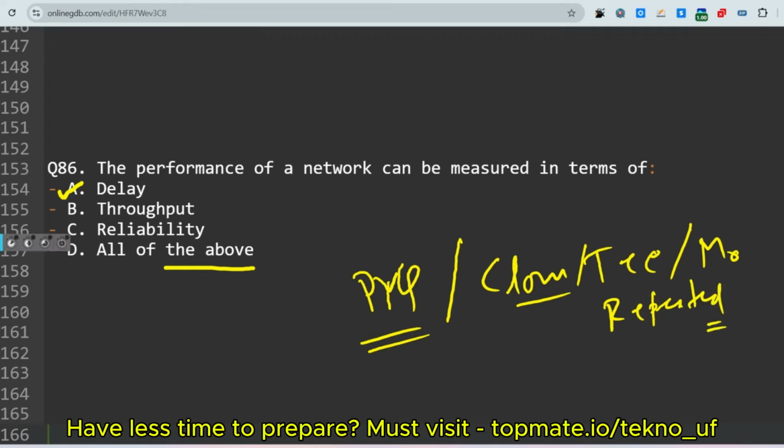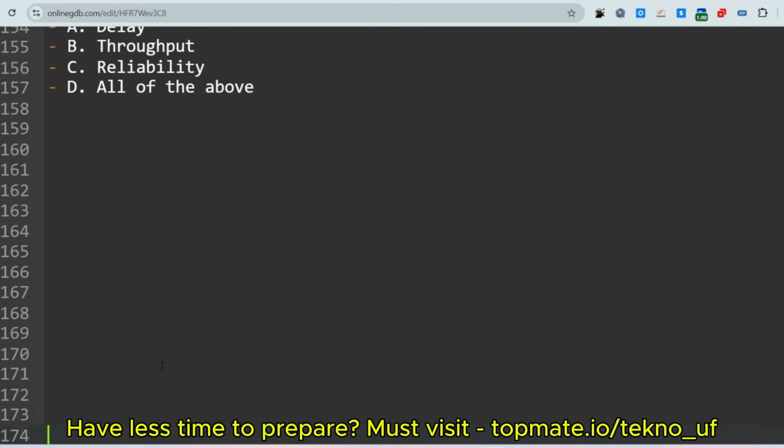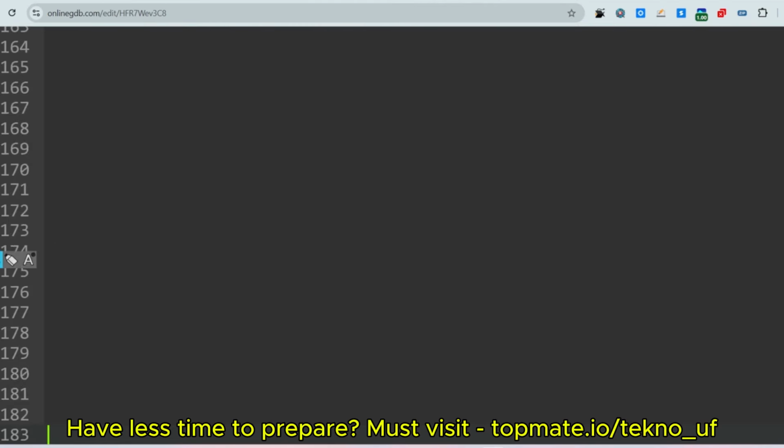So the coding questions, let me share that. So basically the coding questions are repeated. Okay, and this is not a surprising case. And the first coding question and second coding question I have already shared on the examination day itself. So today let me just share the remaining coding questions.